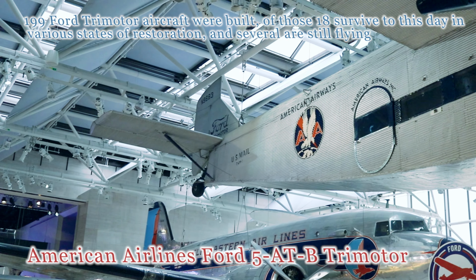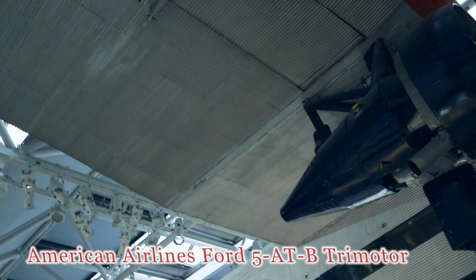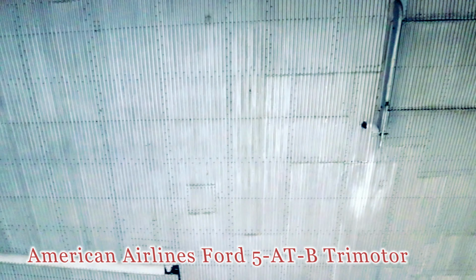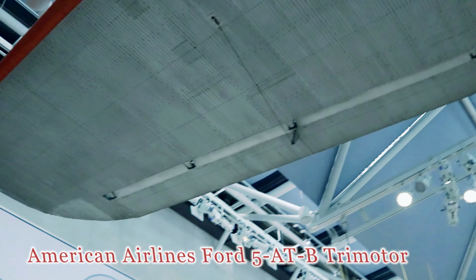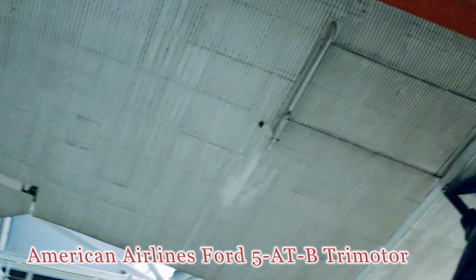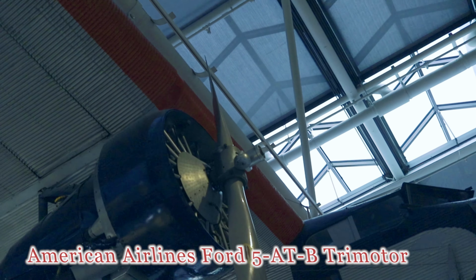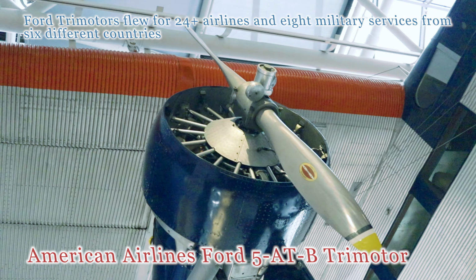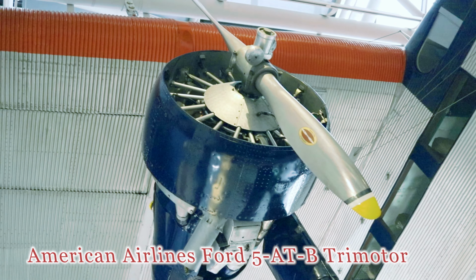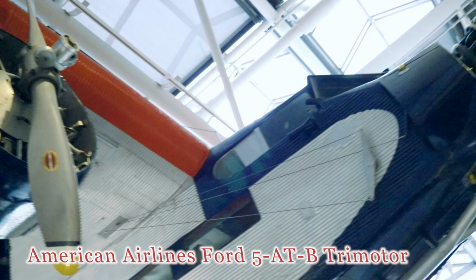For a time, it flew with American Airlines subsidiary Colonial Air Transport and then was used on American's transcontinental route in 1934. Retired by American Airlines in 1935, it then found a new operator with TACA International Airlines out of Nicaragua. By 1946, it was flying passengers and cargo in Mexico until 1954. It then returned to the United States, became a crop duster in Montana, and then made trips to Alaska, and then